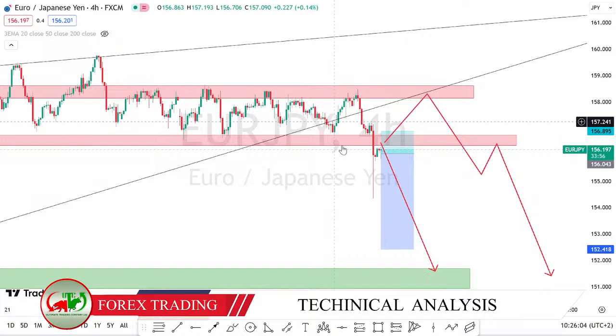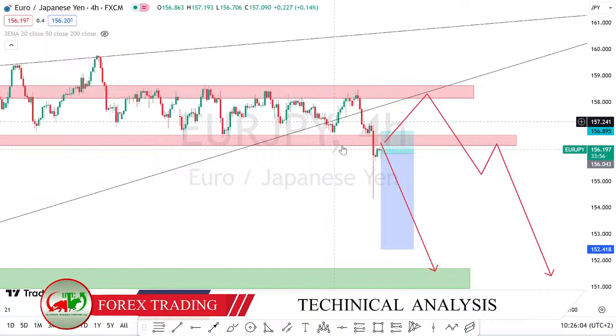GBP Japan yen, it is of course bearish. For someone who traded this break and retest signal over here, you see that he managed to make a profit of around 4R yesterday. And now it has already broken this support. If you are not in this trade already, you could wait for this signal over here. If you get a retest of this resistance around 181, you can look for sell opportunities for a continuation pattern.